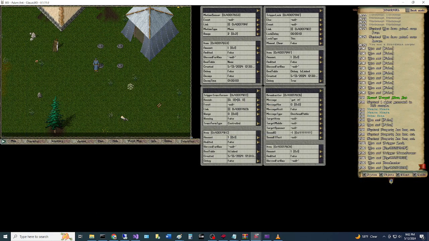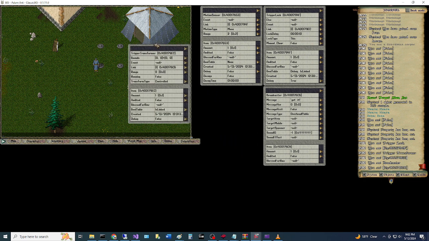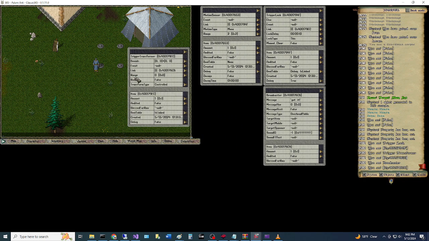Hey everybody, just wanted to demonstrate the new controller feature and then a new debugging aid for controller designers. The first thing we're going to do is talk about the trigger transformer. I've added a new